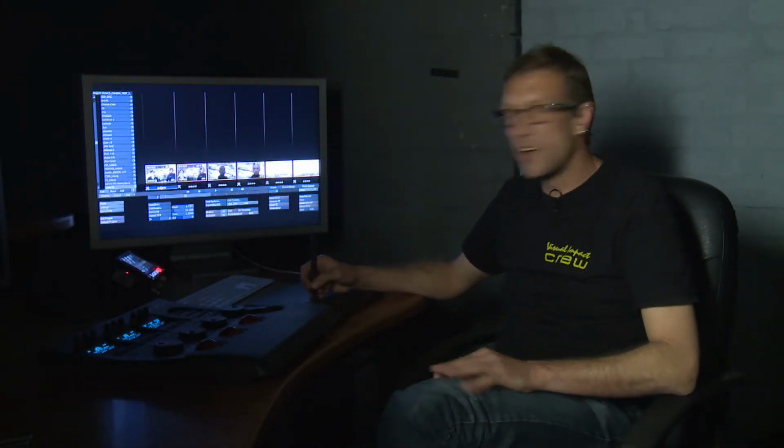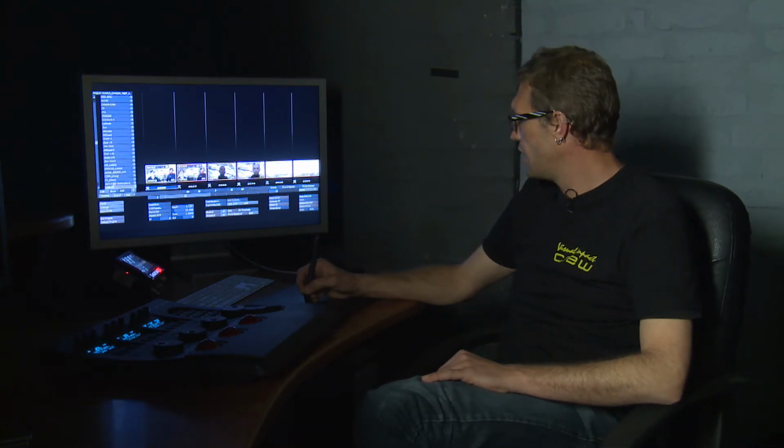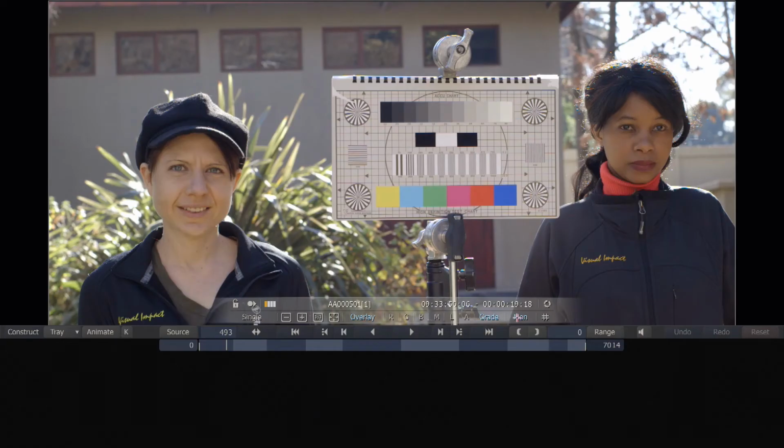So once again in Scratch, in Assimilate, I have opened up a construct named C300 Sony F5 over here, and I have laid down the shots that I'm going to look at in my test. As I've said before, I'm just going to turn the grades off. I have LUTs applied